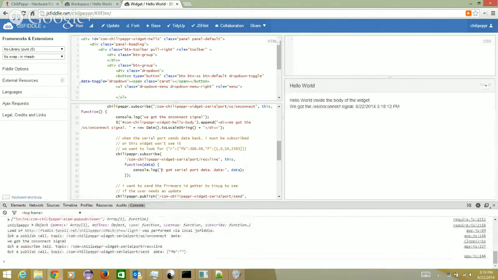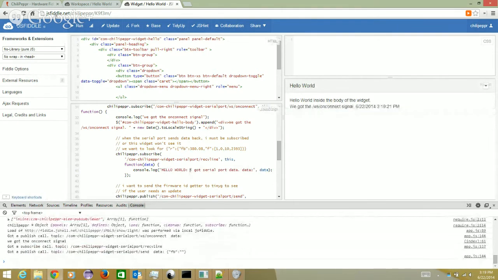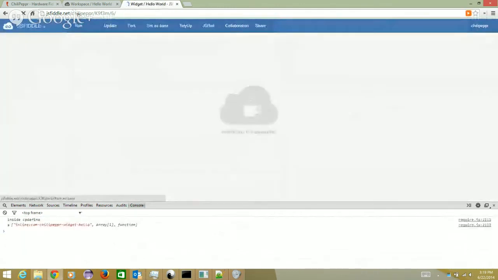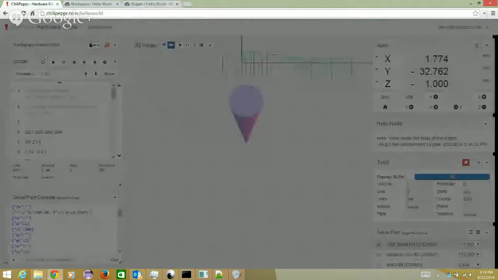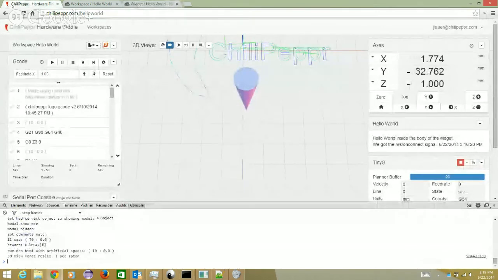In fact, because there are so many things in the console these days, I'm going to just put a big fat hello world, and then I'm going to test it. So I'm going to update it, set as base, go back here. This time I'm going to open the JavaScript console to see what's going on. This can get a little overwhelming, but